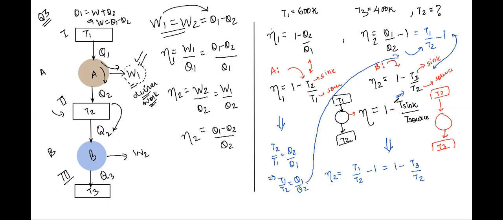I have taken the general definition of efficiency for the second engine, and this formula has come from the relation given in the question, that work done was the same. Since work done was the same, we got this second formula for the efficiency of the second engine. Are we clear on this?